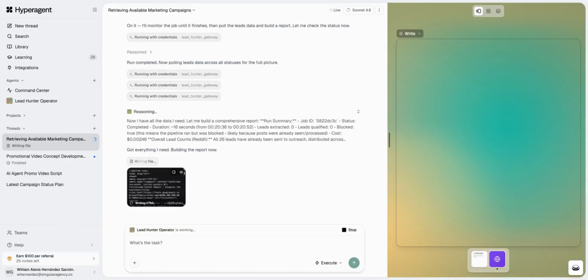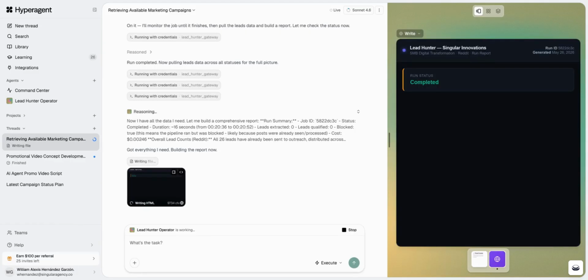Check this out, building it right now in front of our eyes. The report comes back as a clean HTML page, basically a self-contained little web page that we can share with anyone on the team. So we're fully ready to hand this off and present it whenever we need. To report on the results,